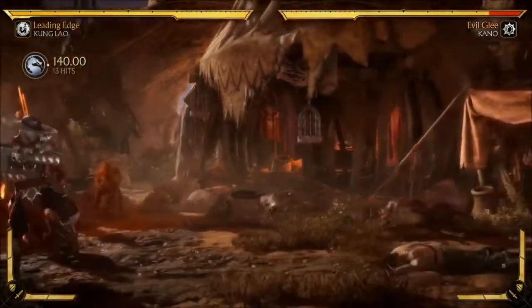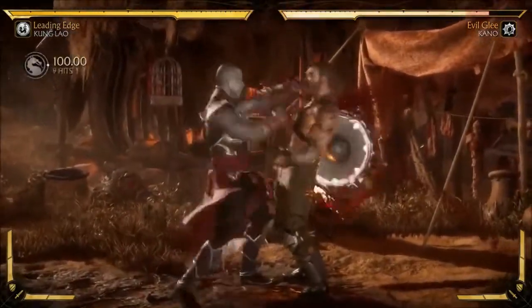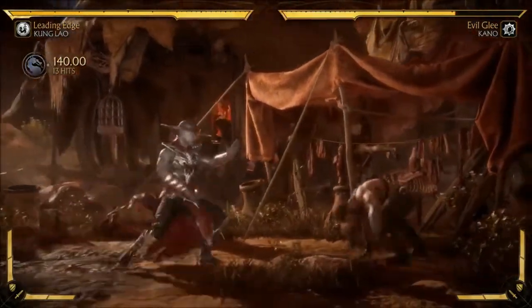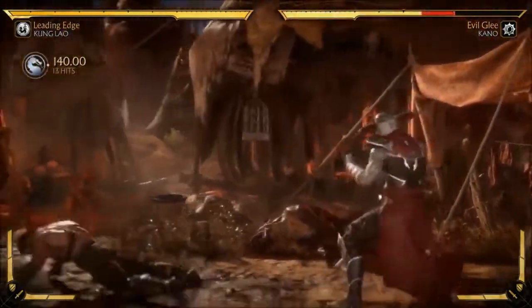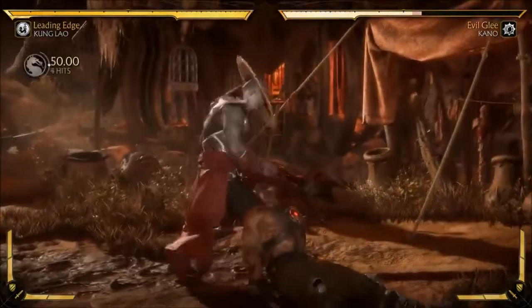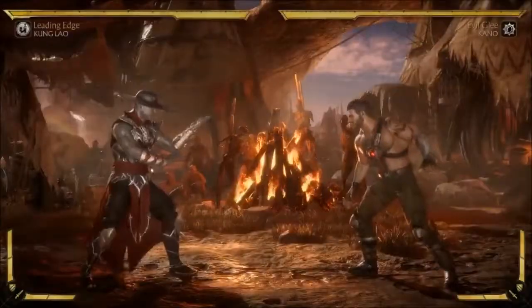Oh, do it again. Sorry. Again. Yep. How many hits is that? 14? Good old 14 hit and throw. 13. That looks fun to do. Yeah. All right, so